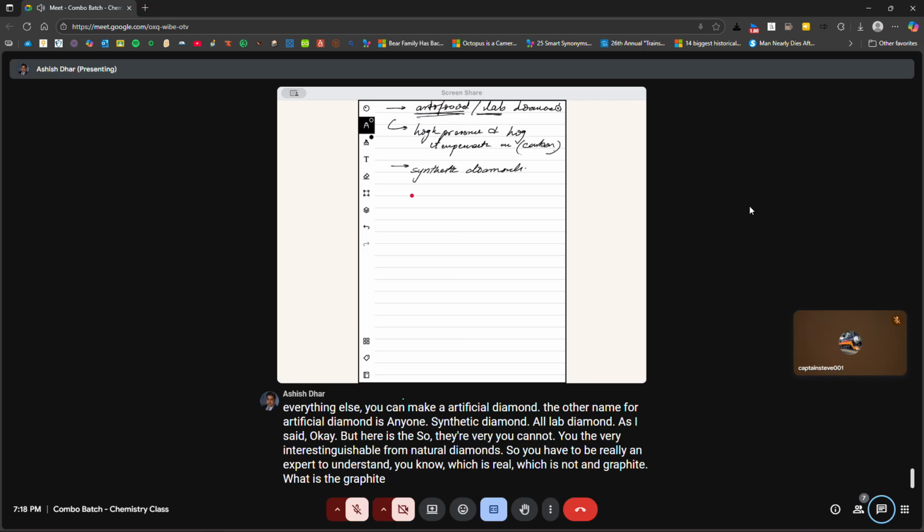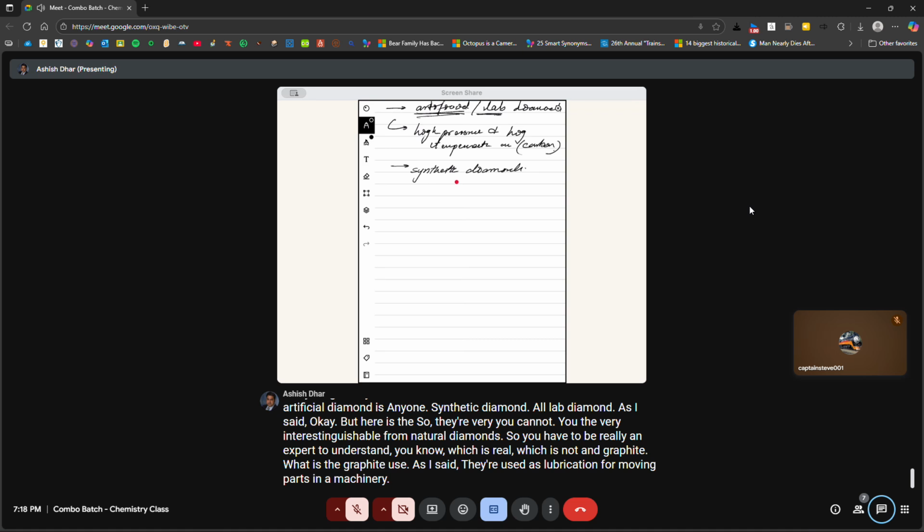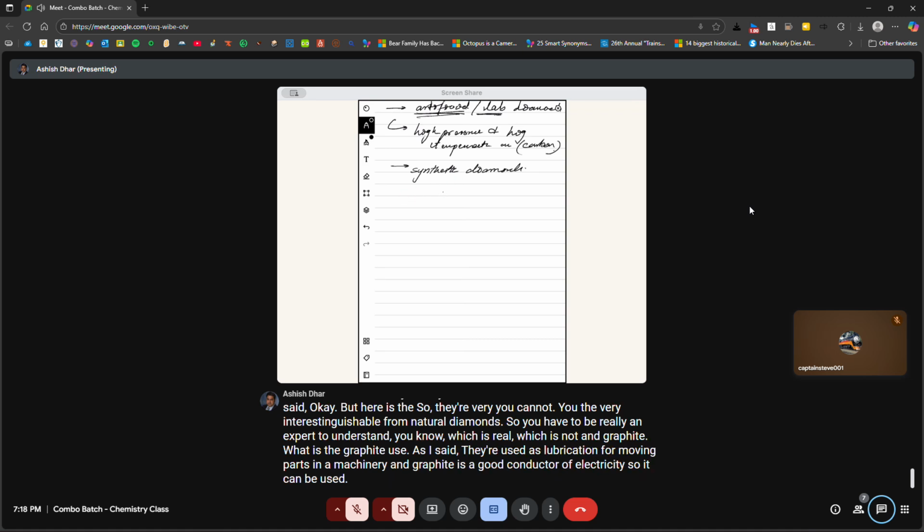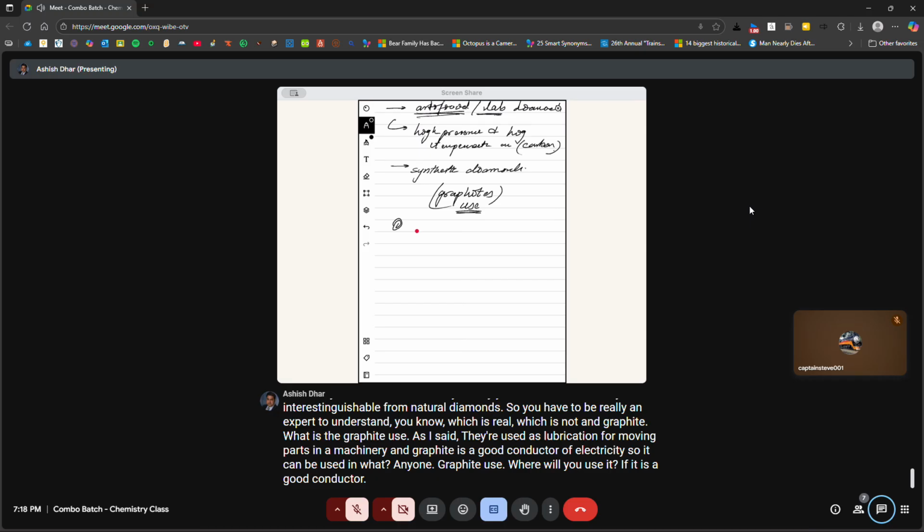And graphite, what is the graphite used for? As I said, they are used as lubrication for moving parts in machinery. And graphite is a good conductor of electricity, so it can be used in what? Anyone? Where will you use it if it is a good conductor? You will use it in carbon electrodes,